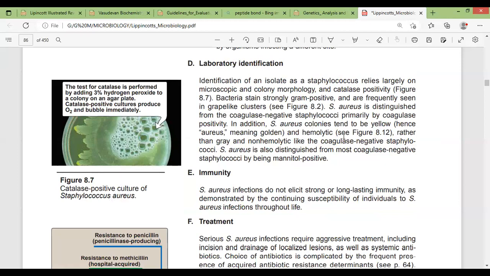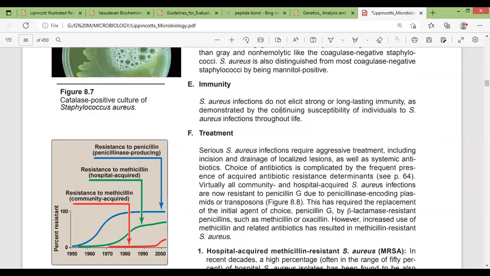It produces this coagulase. It will make those clots when you expose it to plasma, right? Immunity, Staph aureus doesn't really elicit a strong or long-lasting immunity. And that is why